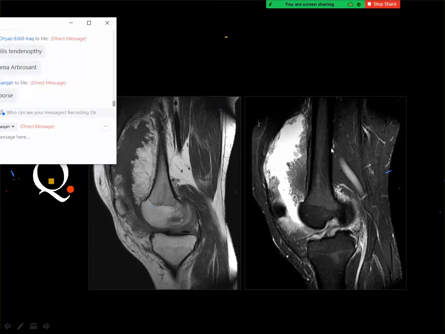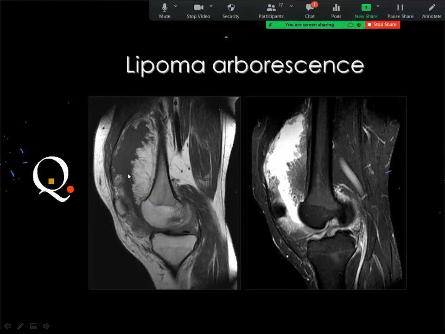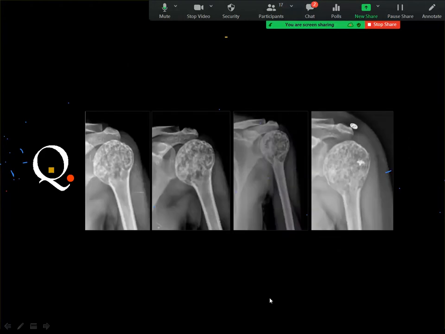Lipoma arborescens, yes, this is right. Lipoma arborescens, and you got inside the knee joint a big mass formed of fat signal, bright in the T1 and dark in the STIR images, embedded within a big amount of joint fluid. If you see this frond-like appearance, it is known as lipoma arborescens. But if you got a mass of fat inside the joint, this is synovial lipoma. Next case,